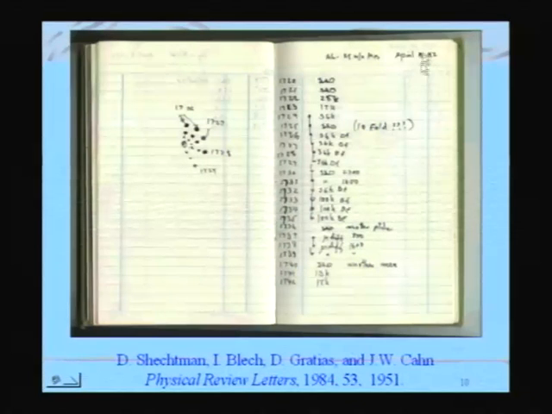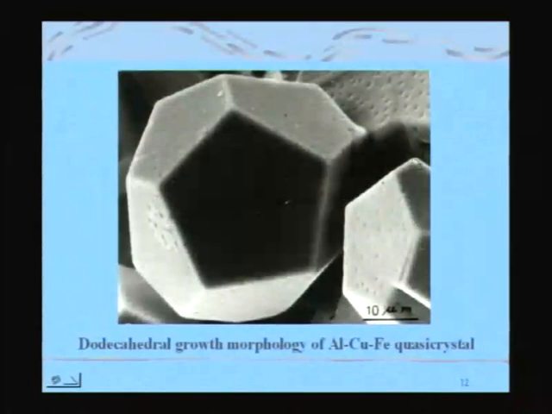So he took 2 years to really confirm whether this is really 10-fold, and then repeated this experiment a number of times, made a new alloy of the same composition and had a look at that, and then finally confirmed that yes, it is not an artifact in a TEM. It is not that the TEM is misbehaving, but it is the sample which is behaving that way. And then you can see